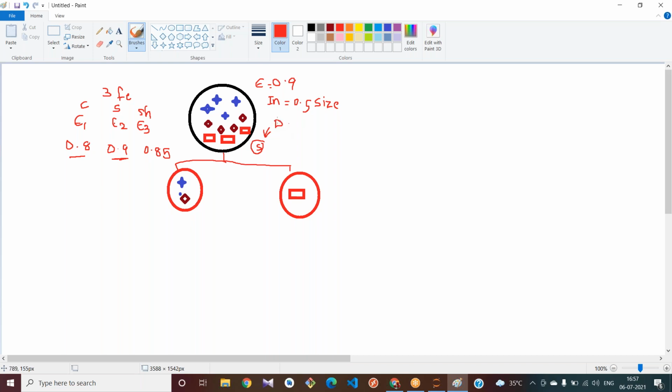This is the starting of your tree, and this first one can be called a root node. In that root node, you are trying to classify your data based on this size.